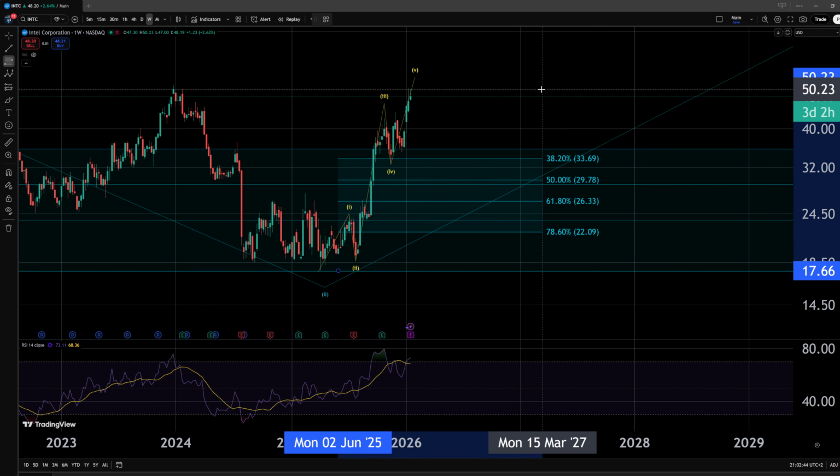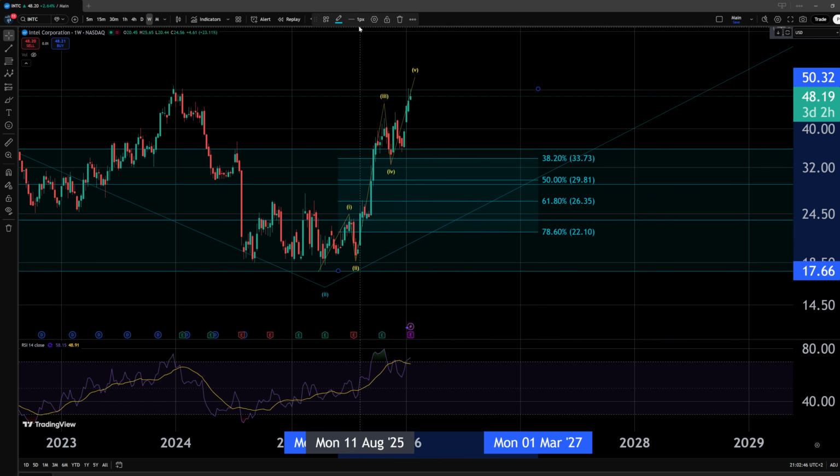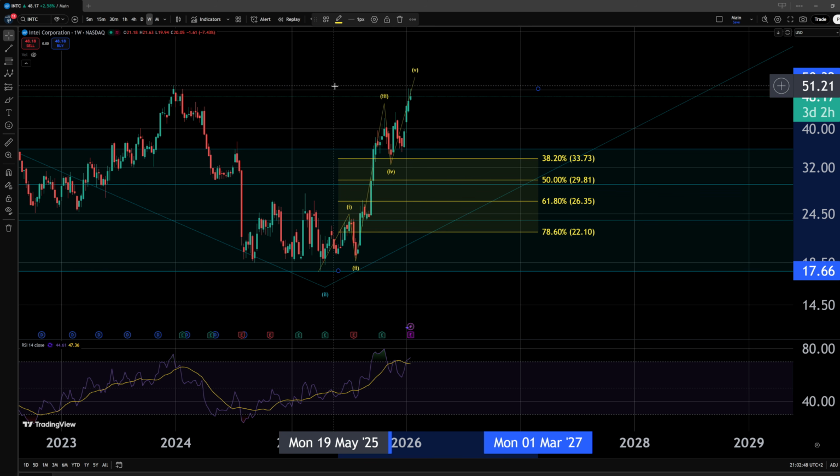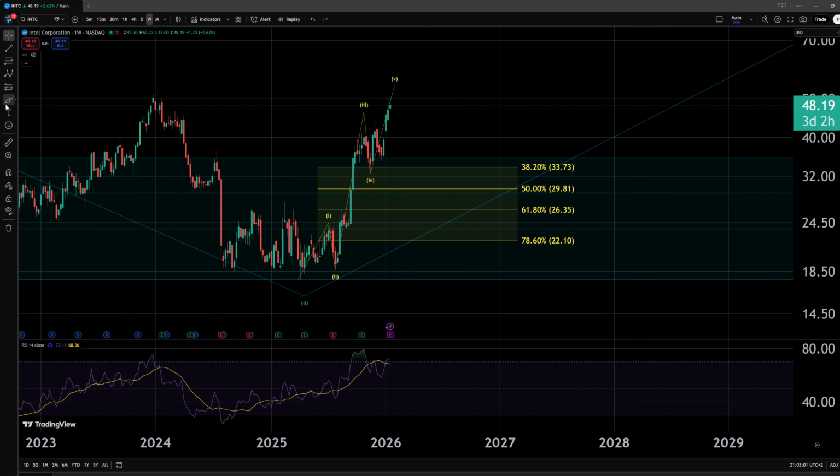I have looked already at the internal structure within the 5th wave, and I do prefer that we extend a little bit higher, but I don't need much to have a full count within its structure. Yeah, sometimes we actually form early tops and we come crashing down, especially after a diagonal structure.